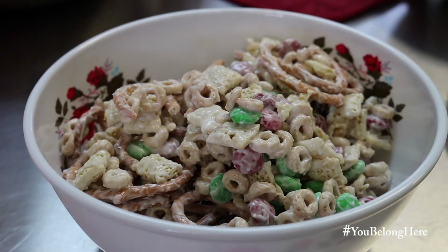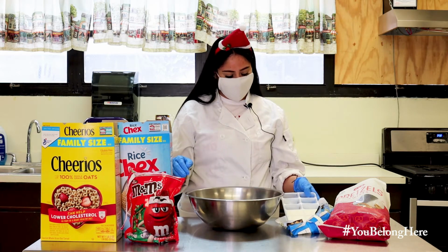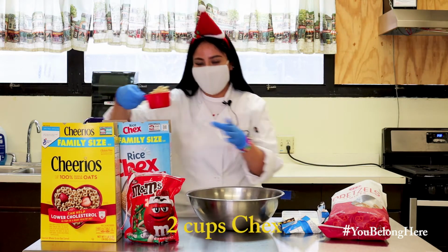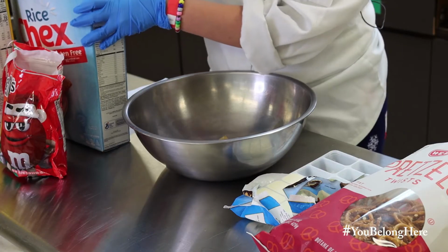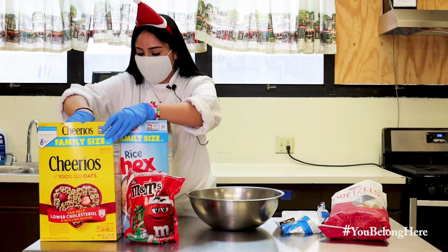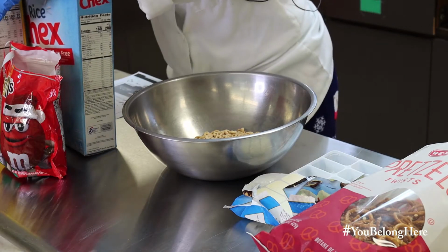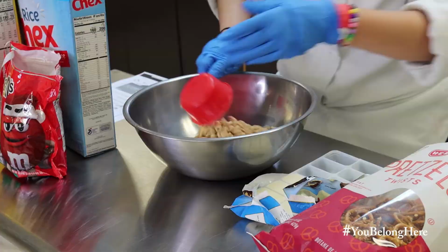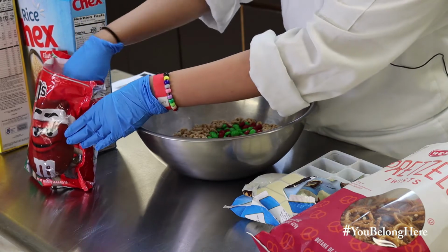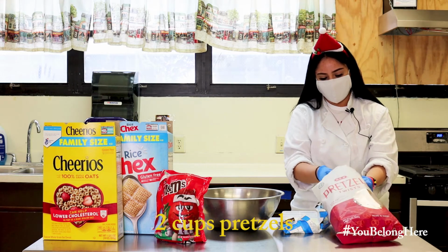making some dirt mix that consists of Chex, Cheerios, M&Ms, chocolate, and pretzels. So first off, we're going to start with 2 cups of Chex mix, 2 cups of Cheerios, 2 cups of M&Ms, 2 cups of pretzels,